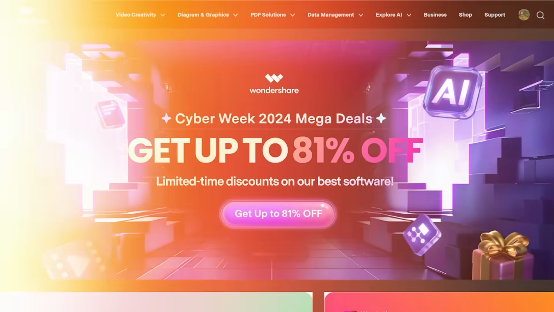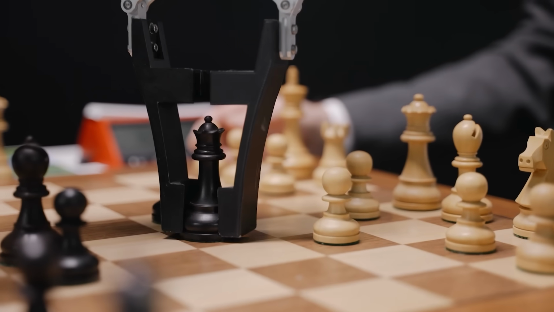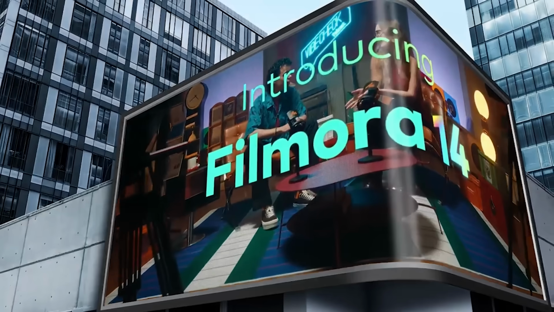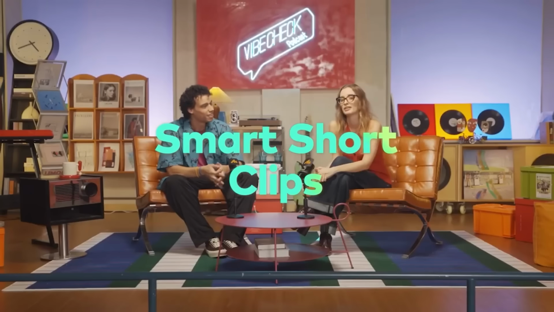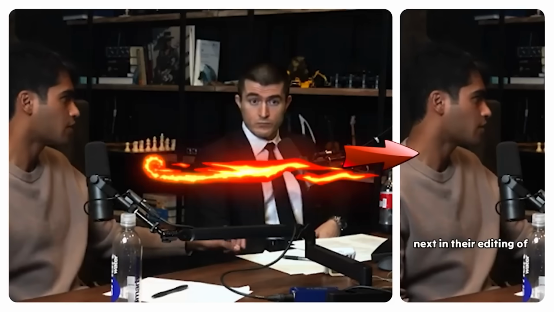This time we're on Wondershare Filmora. We're going to be looking at one of their new game-changing features that recently rolled out with the Filmora 14 update. It's called Smart Short Clips. In a nutshell, with just a click of a few buttons, you can take any long-form video and pull viral